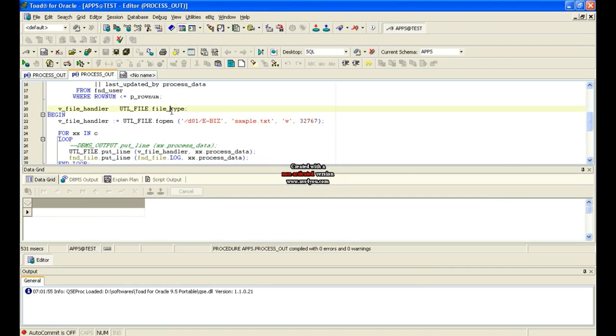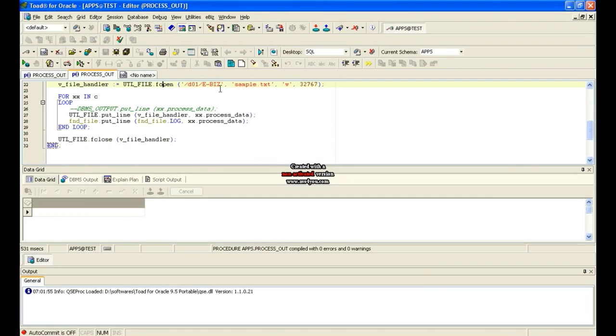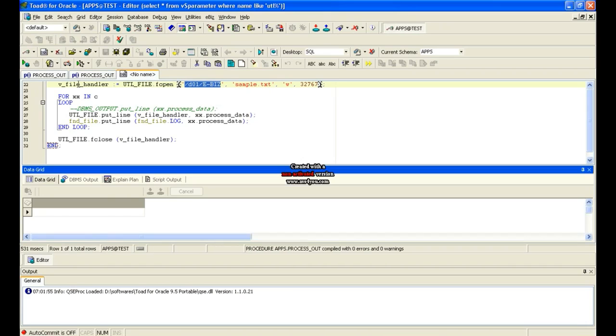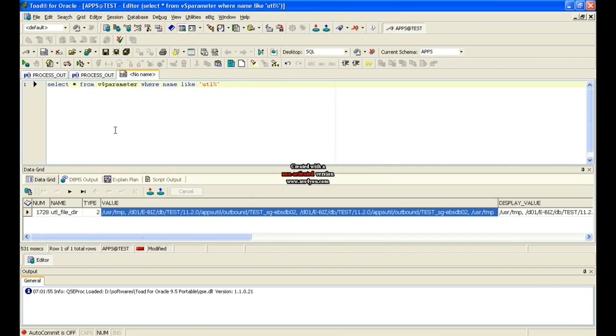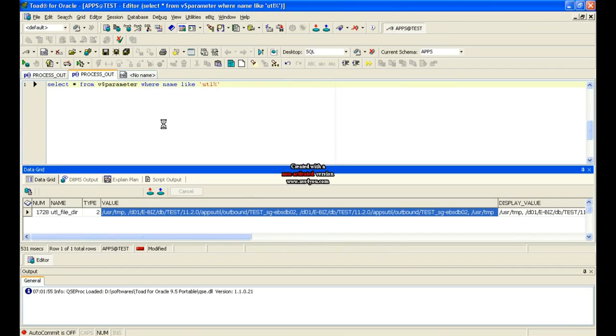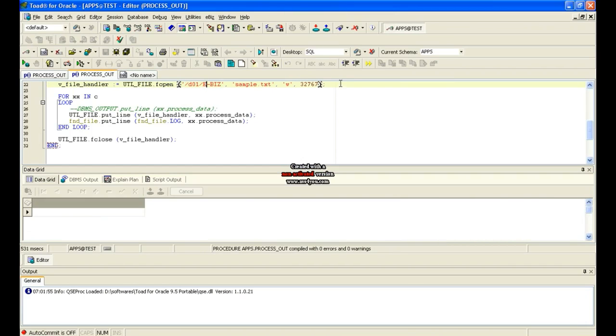Only thing is you have to give the file type, file open. Here you have to give the path. In your system, whatever path is available, just check. The table name is $v parameter where name like. So give the path and try. Once you submit your concurrent program and come here, you will see that file, whichever path you have specified. There you will see sample.txt, and when you open sample.txt,